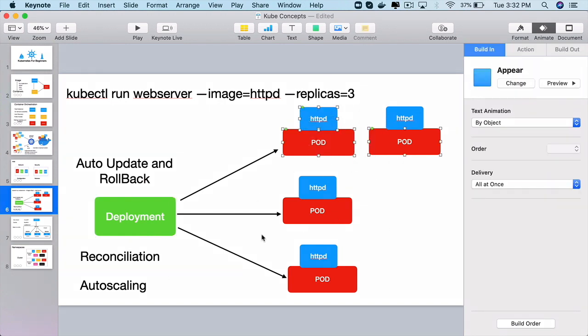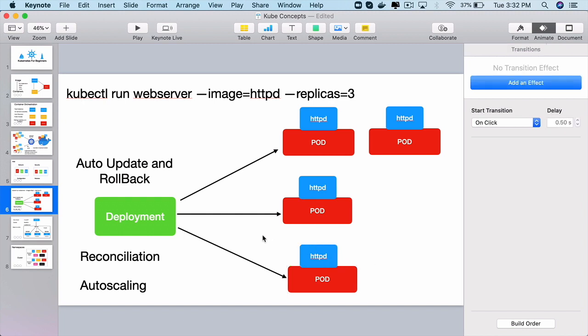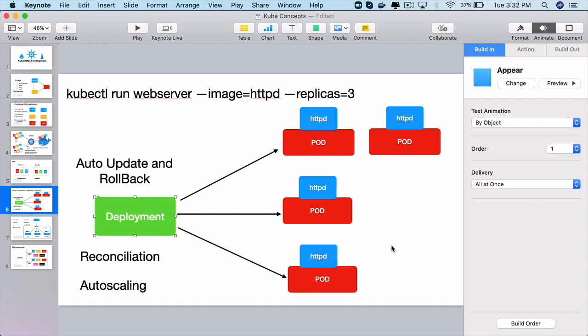cluster state for us. And auto scaling, we tell Kubernetes that if one of the pod is using too much resources or if it cannot handle the load, say if one of the pod is using 80% of the CPU, then we can tell Kubernetes through the deployment that please spawn off another pod or please spawn off 3 pods. And if the load on our pod goes down, please bring down those pods. All that is possible through a deployment. We can manage the pods within the cluster from a single point called deployment. That is the second and important object or resource in the Kubernetes cluster.